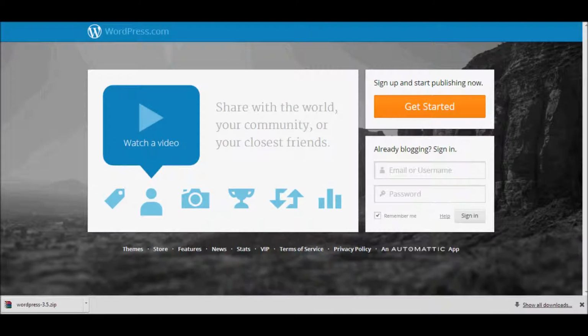The other option, and it's an easier option but it's a more restrictive option, is to go with WordPress.com. WordPress.com uses the same software, but what they do is they offer for free to set it up for you, to give you your own blog or own website. They tell you to choose your login, your password, all that, and then you can go from there, and you can start adding content, you can start changing the design, you can do everything. And it's really easy. You never have to download anything, you never have to upload anything, you never have to configure anything. But the big restriction is that